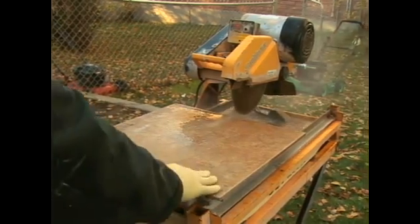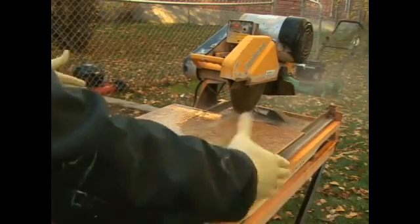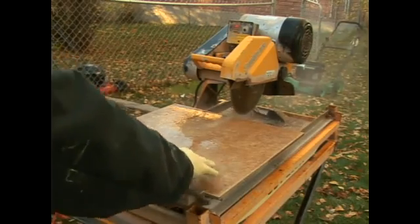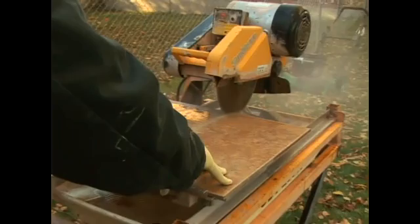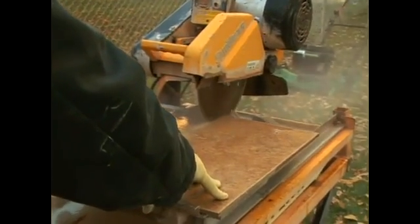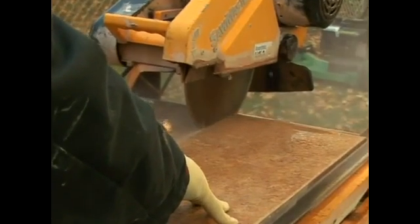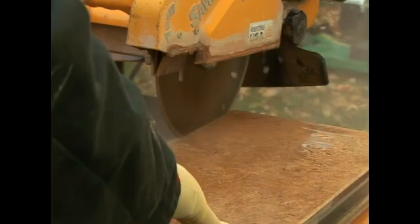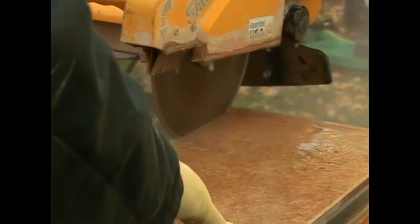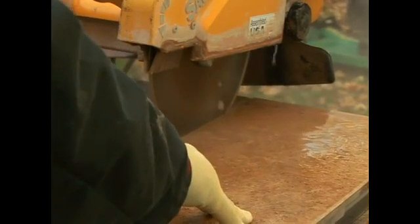Make sure to keep your hands away from the blade. Keep it separated just like with any other kind of saw. And then when you cut, you're going to go very slow. You're just going to let the blade do the work and just guide it along. Just a little bit of pressure as you go. If you go too fast, it's going to burn up. It'll either burn the tile and the blade or one or the other, which is not good for either or